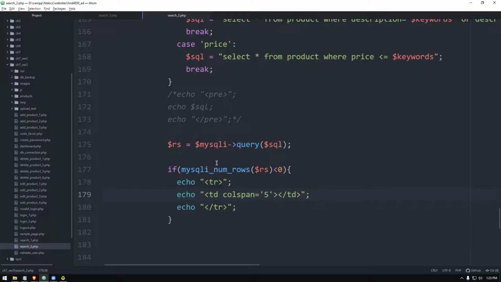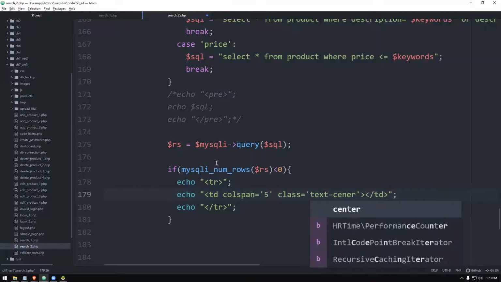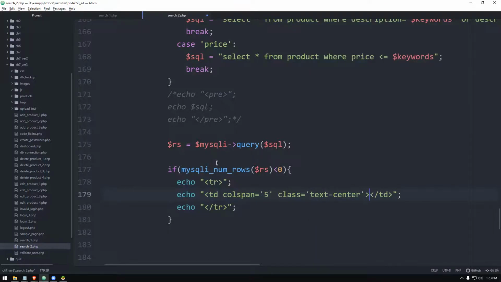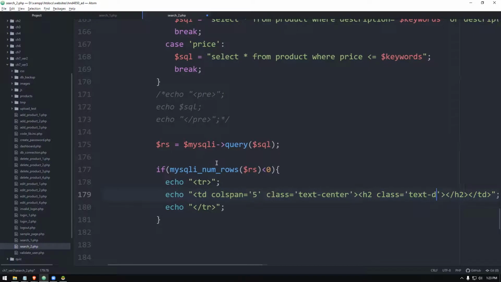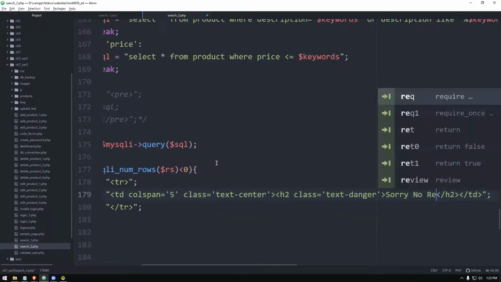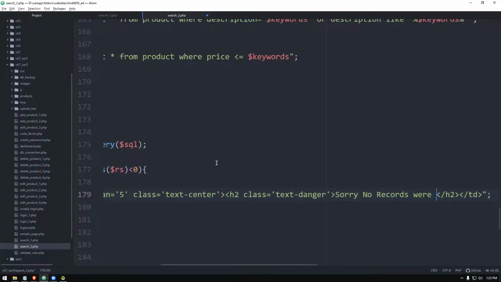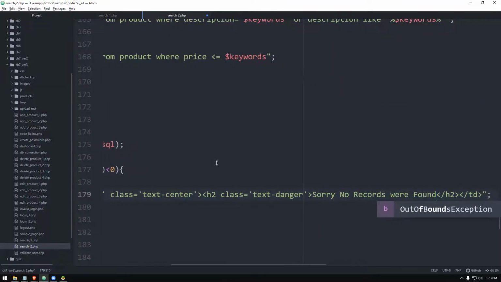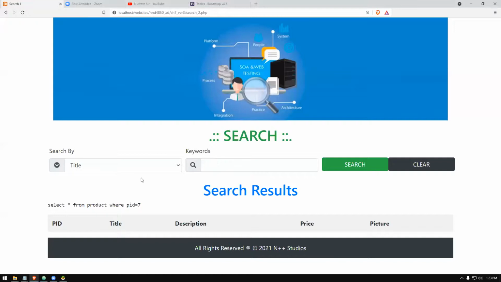So we'll say no records are found. Let's see how it looks.